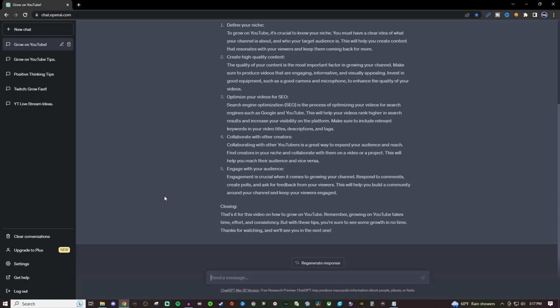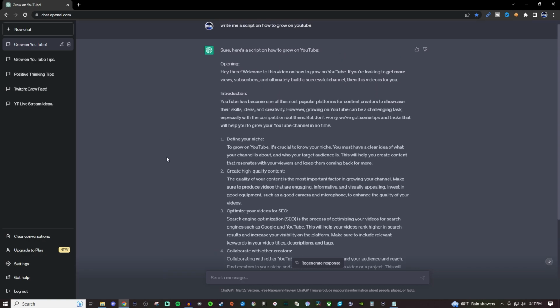But this is free to use, so if you just go to the link in the video description below or look up ChatGPT or just go to chat.openai.com, and then you'll be able to mess around with this. But I think this is an awesome tool, and I say go for it, have some fun with it, try it out, see if it works for what you want it to do, and have some fun with it.